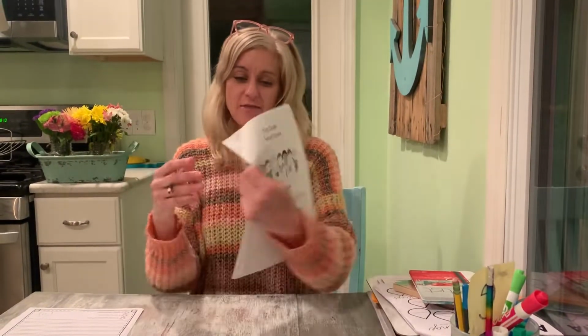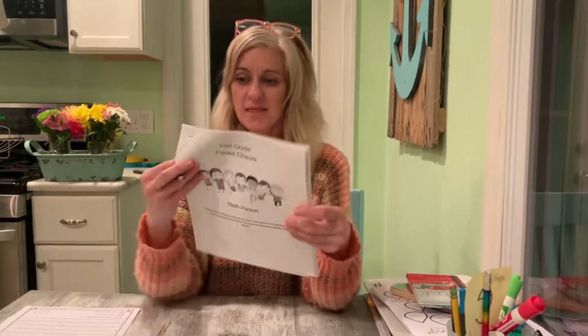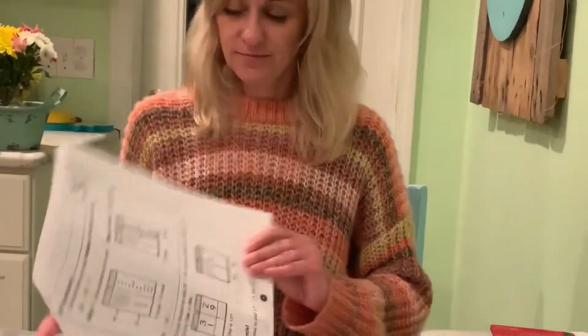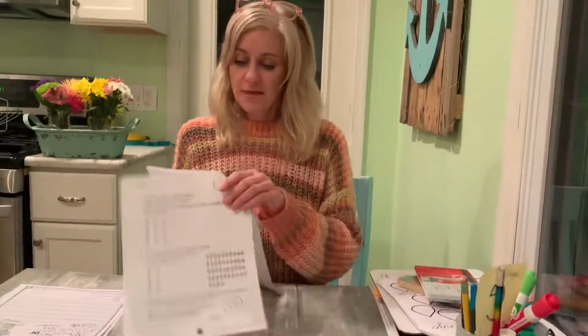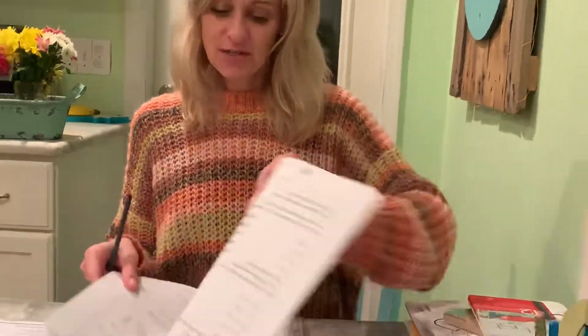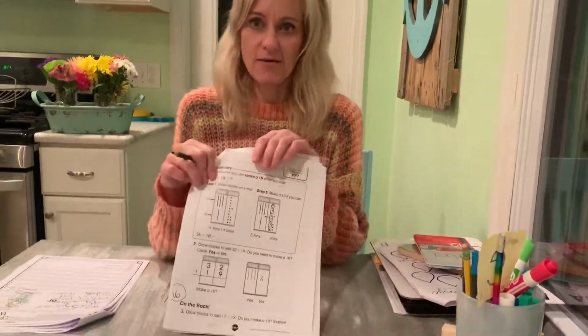Firsties. Today I'd like you to get out your math packet, which looks like this. And today we're going to work together and we're going to do page 16 and we're going to do page 17. Okay, so we're going to start taking those 2-digit numbers and we're going to add them together, and we're